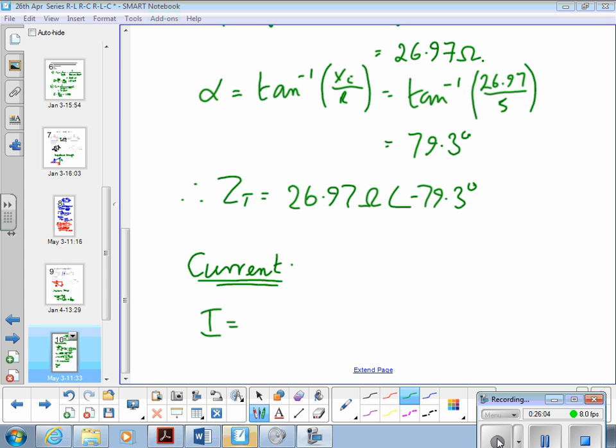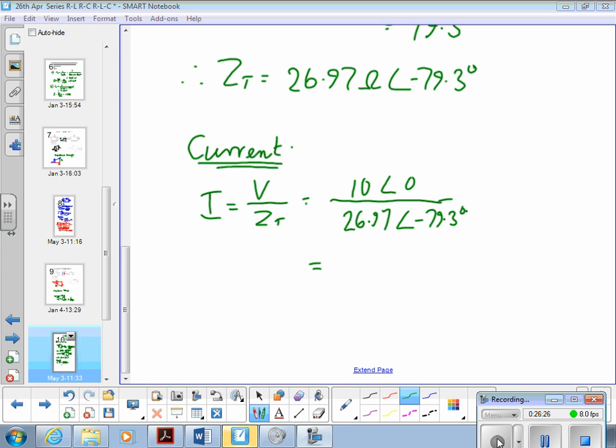Current I is equal to V over Z, 10 angle 0 over 26.97 angle minus 79.3 degrees equals